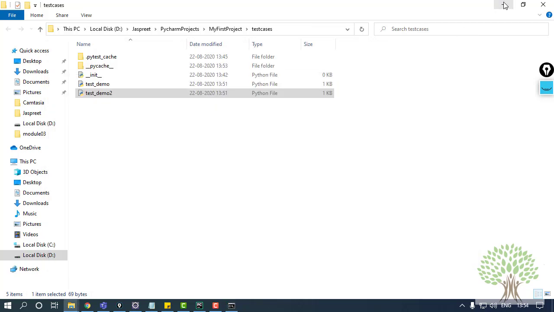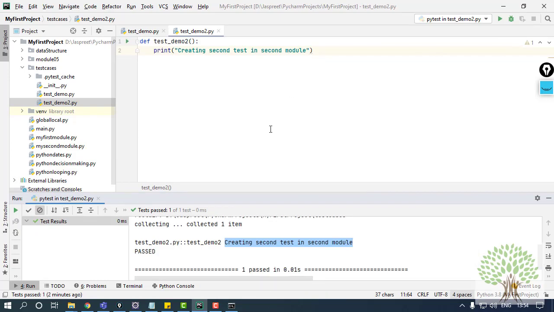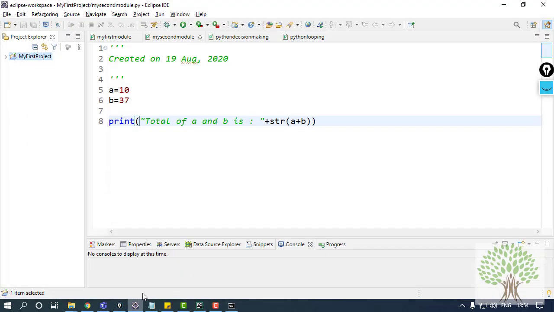Now this was about PyCharm, how you can run the test cases on PyCharm. The same thing, you might be comfortable with Eclipse. So I'll show you that also, how you can run the test cases from Eclipse. I'll go back to my Eclipse, and over here the package is already made. I've already used it previously.